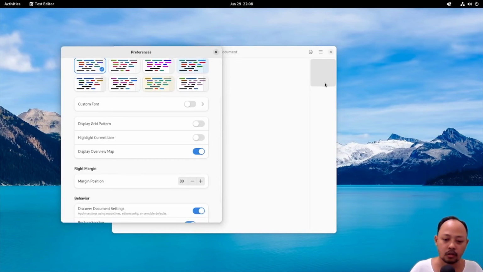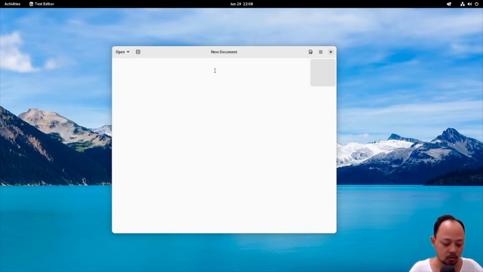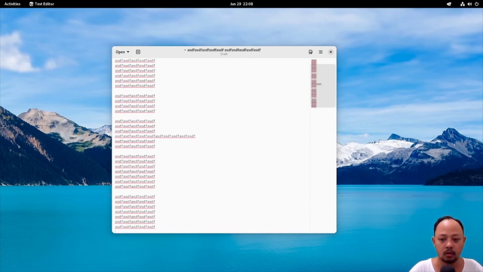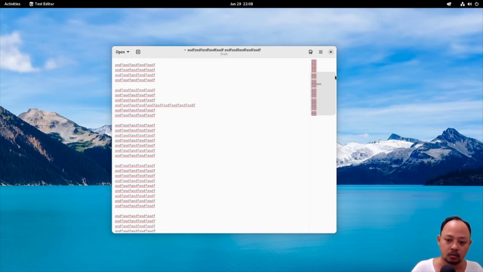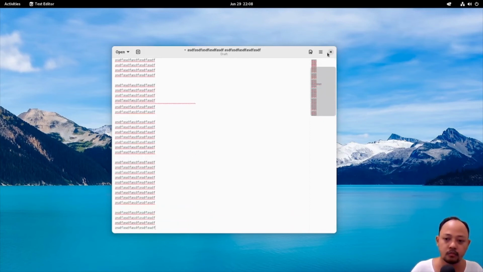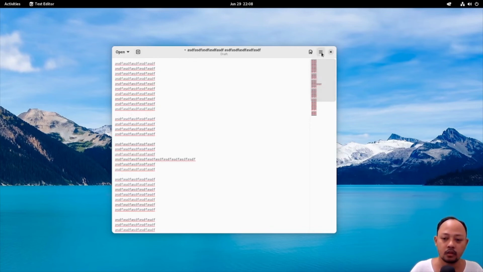Wow, it's like VS Code, I think. So when we already write so many lines, we can just drag it. I think, yeah, that's correct. It's like in VS Code. Very good